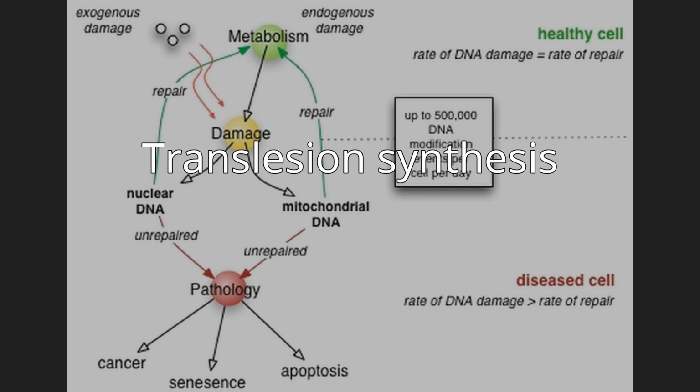Translesion synthesis polymerases often have low fidelity, a high propensity to insert wrong bases on undamaged templates relative to regular polymerases. However, many are extremely efficient at inserting correct bases opposite specific types of damage. For example, Pol-η mediates error-free bypass of lesions induced by UVA radiation, whereas Pol-ι introduces mutations at these sites. Pol-η is known to add the first adenine across the TT photodimer using Watson-Crick base pairing, and the second adenine will be added in its syn conformation using Hoogsteen base pairing.